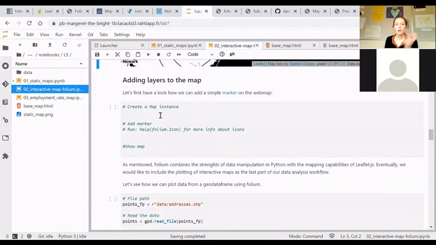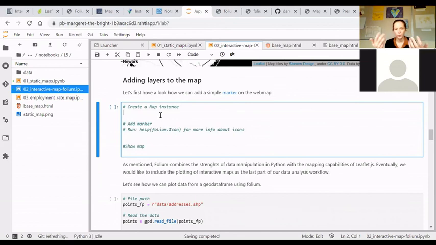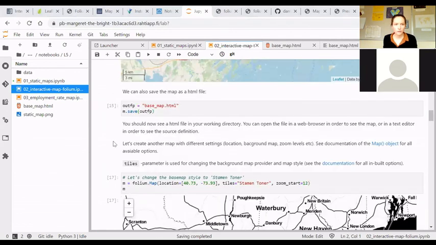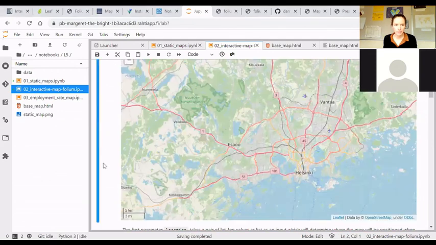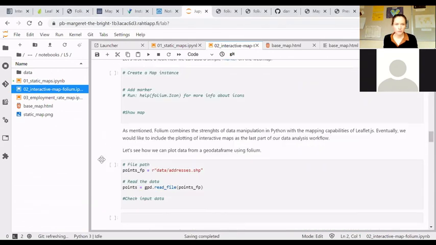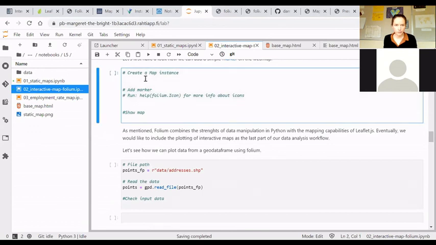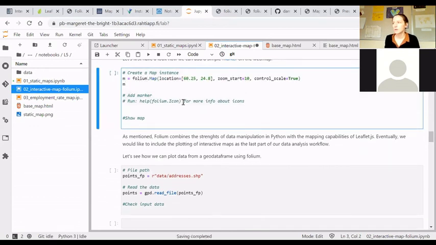Okay, so now we have only worked with the background map, nothing we have analyzed or created ourselves, just zoomed in on the predefined map tiles. So let's add a simple marker, just a self-defined marker on the map. I will copy paste this Helsinki syntax as my base map. I recommend you do the same. So create the map instance, meaning this. So I create this map object,